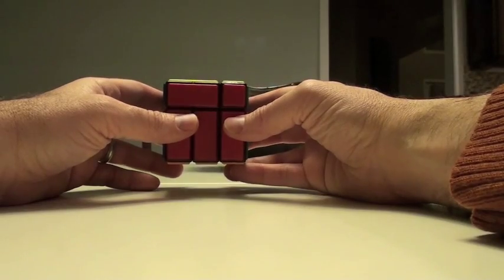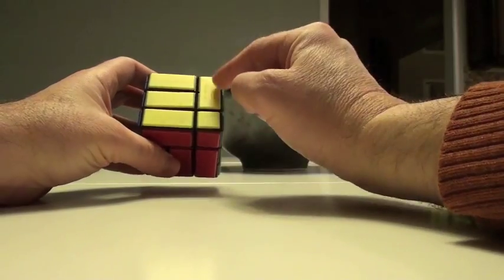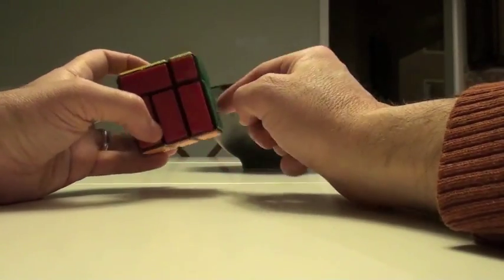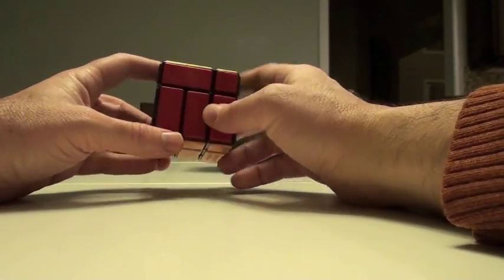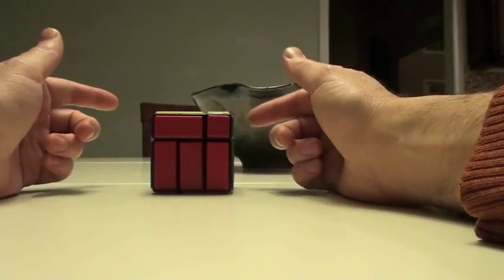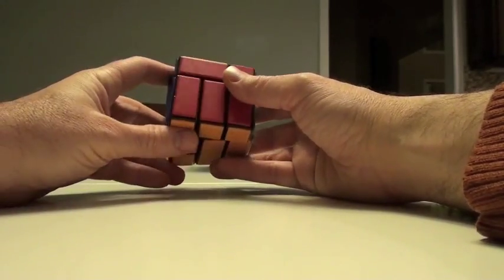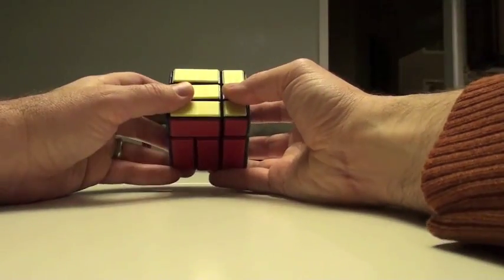Just to review the algorithms of what we're going to be dealing with, there's going to be 2 algorithms, one of which is going to spin these top layers around. It's just going to cycle these 3 around, and another one is going to take these edges and move them around as well. Now the problem with that is it's a 5 cycle algorithm. So you're going to cycle 5 things around, which means we may have to do some fancy footwork. It's easy to cycle 3 things around and come about some known endpoint, but 5 things, that's a little bit top heavy. So if I wanted to move edges around, if you recall, there was an edge turning algorithm